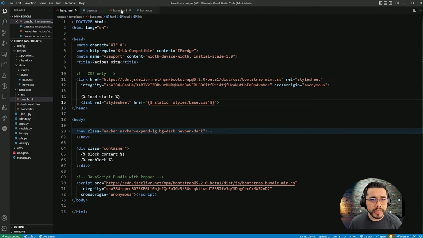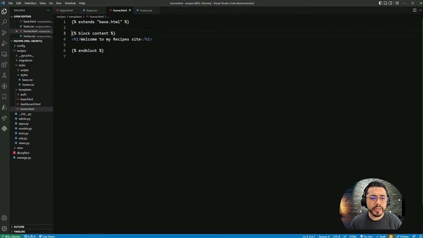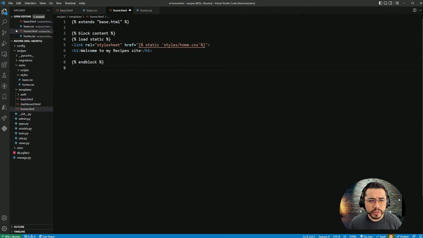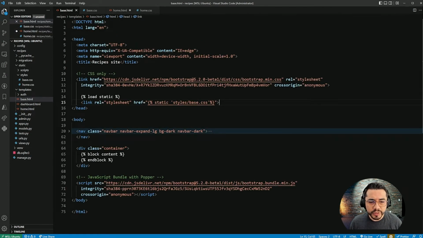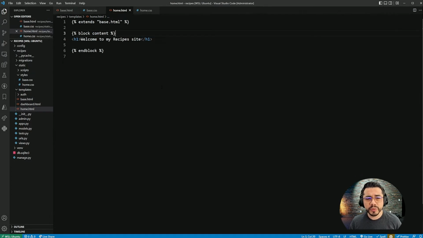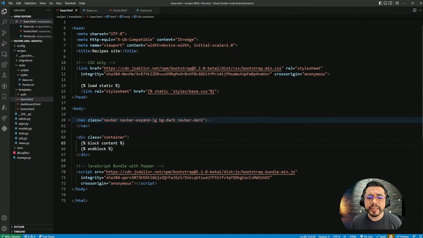Another common mistake is to load it here inside your content. It may work, but what you end up doing is putting the load instruction inside here. You are loading a CSS in the middle of the body. That's not recommended. So the proper way to do it is on your base HTML, on your layout, declare sections,